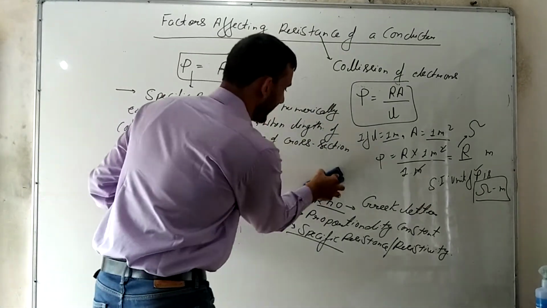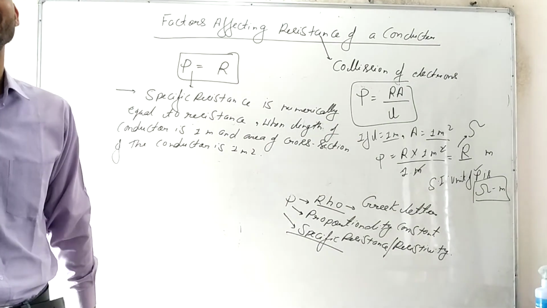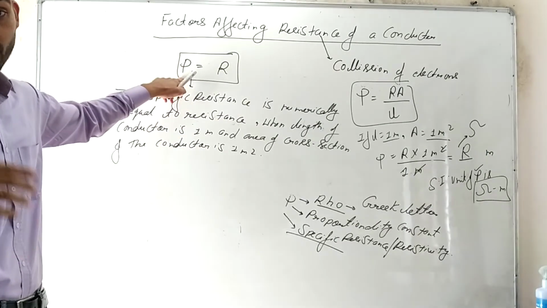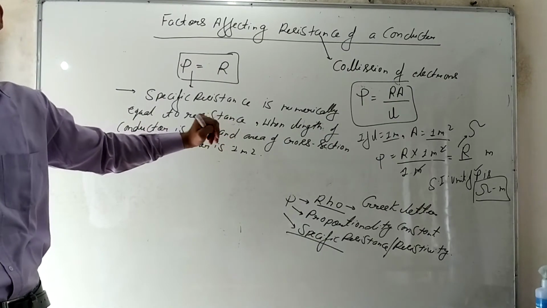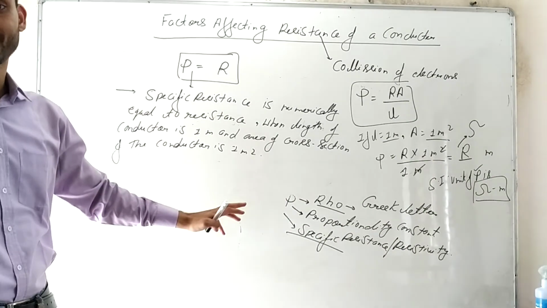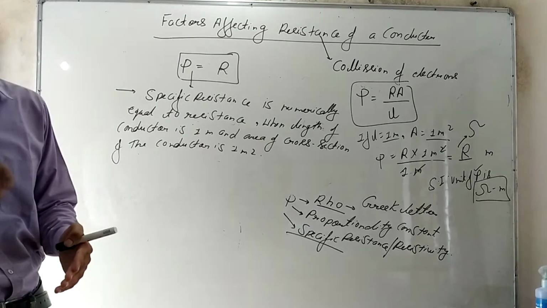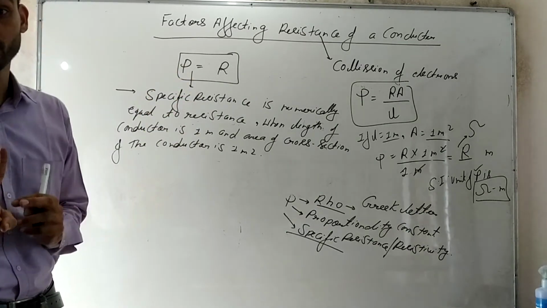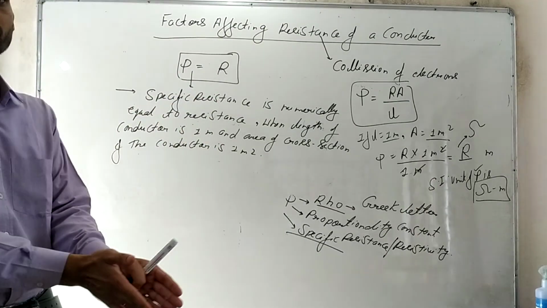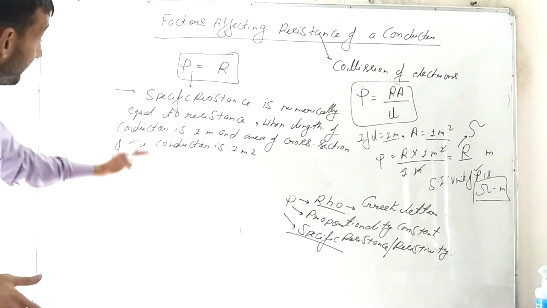Now I have fixed my length. So if I give a piece of aluminium and I ask you what is the specific resistance, I am not asking you the resistance, I am asking you the specific resistance. So you are basically giving the answer for length 1 meter and 1 meter square. But if I ask you the resistance of that particular wire, that brings confusion into mind about what length and what area of cross section you are talking about. But here we have fixed these two factors, that length is 1 meter and area is 1 meter square. So if I ask you what is the specific resistance of aluminium, you are not concerned about the length and the area of the conductor. I hope I made myself clear there.